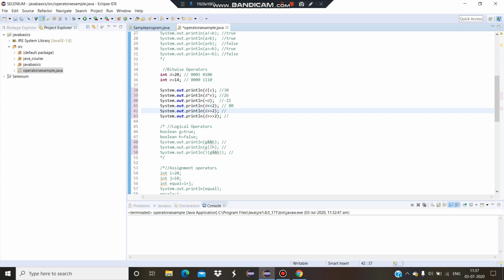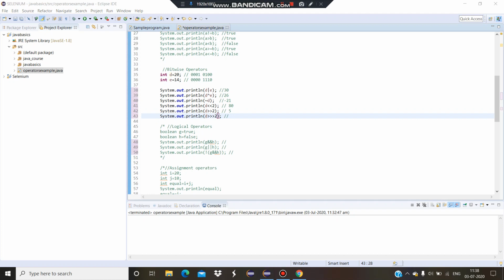The next operation is the right shift operation, which shifts the variable D 2 times, so my answer would be 5. This is the zero fill right shift, which will give me the same answer as the right shift operation, but it fills the empty spaces with 0. So the answer is the same, 5. So here the output is displayed as we have predicted.